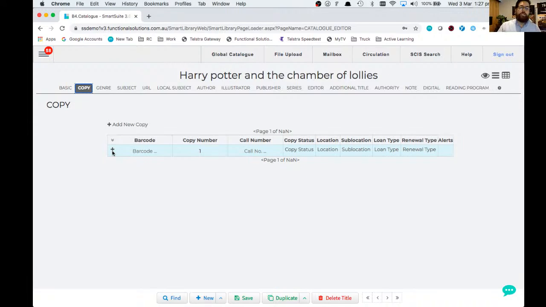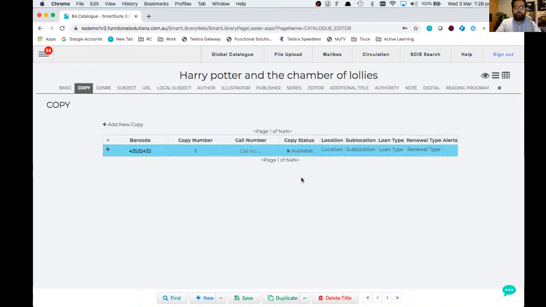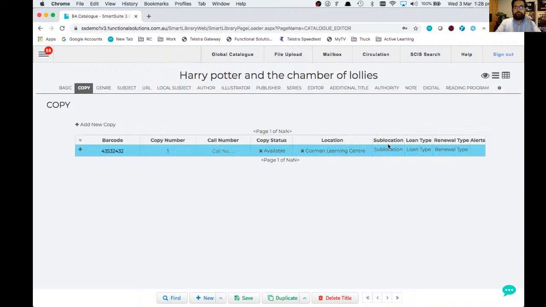All right, so all I need to do is put my cursor in the barcode and scan my barcode. The copy number is automatically generated by the system for me. If I go to my copy status, I can tell the system whether it's available or on order. I can place it into a location